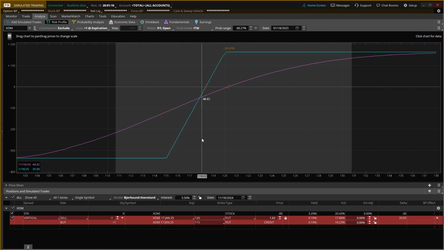I don't care how much it goes up. It can stay right where it is, and I can make the max profit on this trade. It doesn't have to go up. As long as it doesn't go down, this can expire and I can collect the full premium on the trade. So we're still bullish, but instead of aggressively bullish, we're more neutral